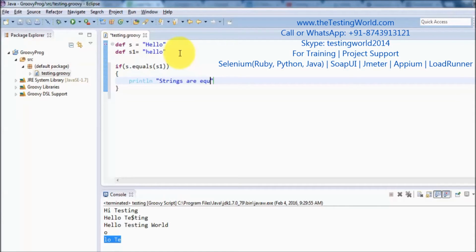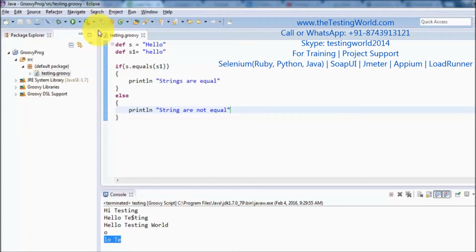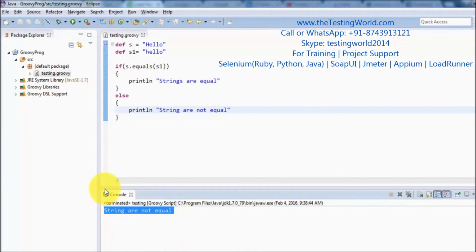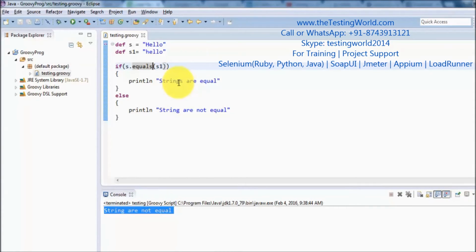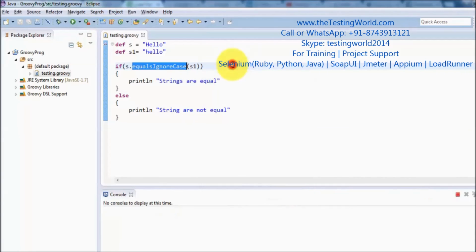"strings are equal". Else I'm going to print "strings are not equal". Running this, because one is in capital and the other is small, it prints "strings are not equal". But if you want to compare two strings without considering case, then we can use equals ignore case. If you want to compare exactly with case, then we call the equals method. And if you want to ignore case, then we use the method equals ignore case. Now I'm running it and it's going to return